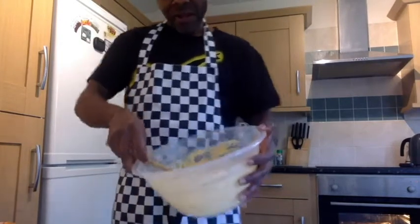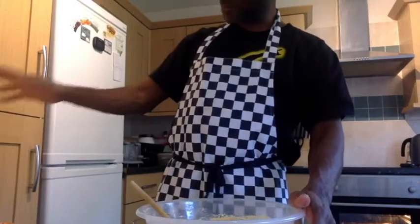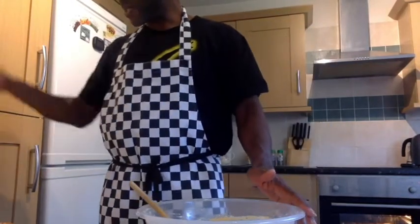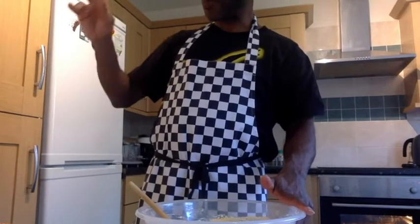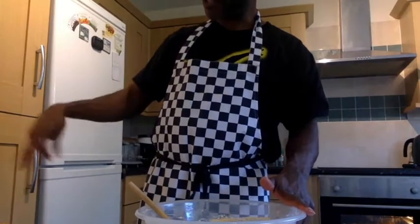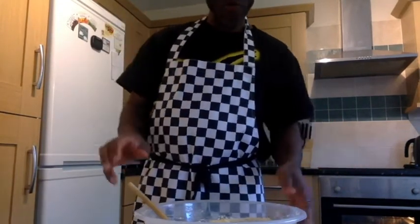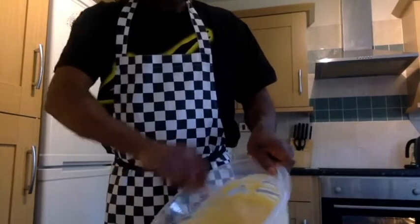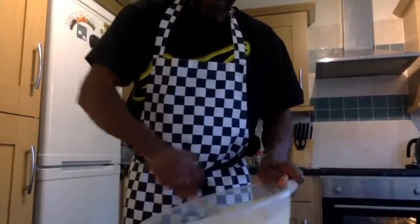So that is all mixed up. I'm just looking over my table, just making sure I've got everything in there. So we've got your sugar, we've got your butter, we've got your almonds, we've got the baking powder, we've got the vanilla essence, and the oranges and lemon, and the cornmeal. So I think that is all in your bowl. So all that's left now to do